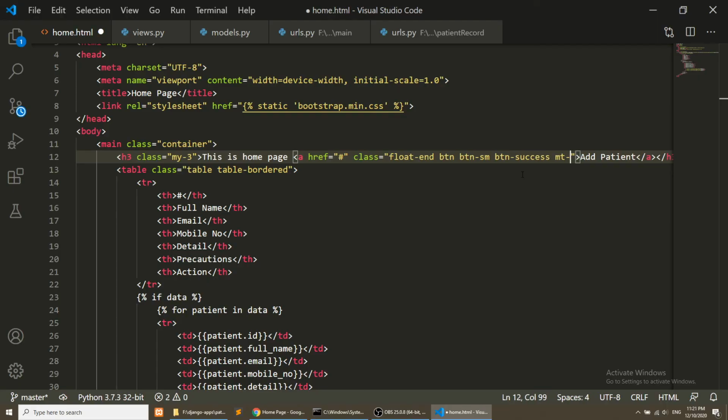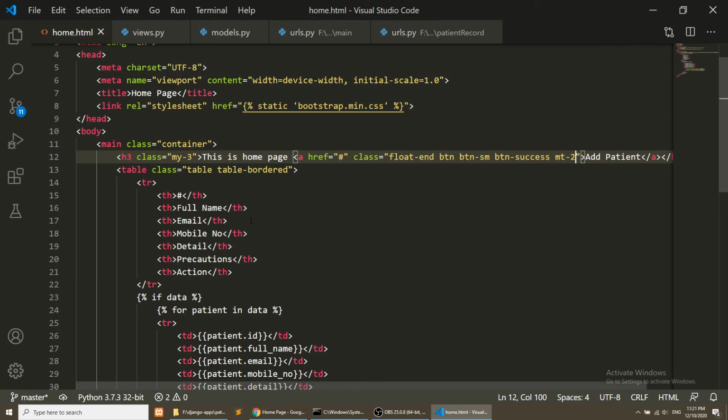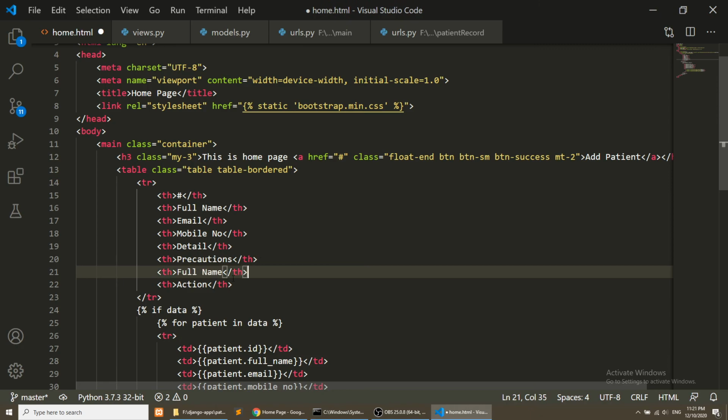Let's add 2. So when the front end user clicks on this one. This application is for a clinic, for our doctor. So when the doctor clicks on this add patient, then he can add the patients, he can modify or delete or remind the patient for their next visit. Okay. And we can also show the visit date.